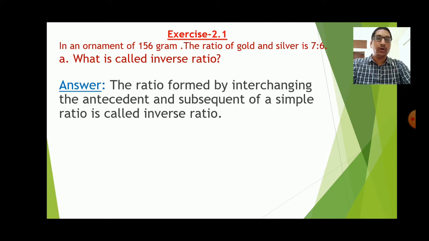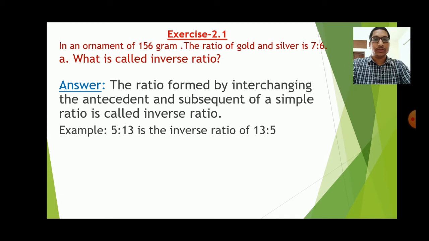Here we know any ratio is a simple ratio. So if we interchange this ratio's antecedent and subsequent, then we will get the inverse ratio. Okay, so here an example: 5:13 is the inverse ratio